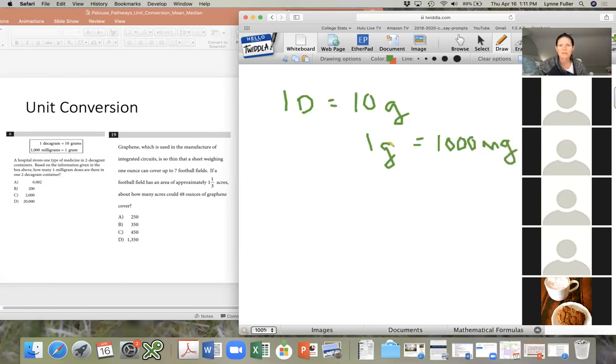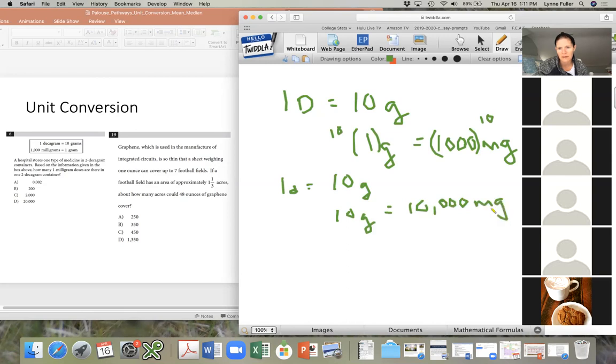And then what I would do is unit convert everything. So we have 10 grams is to 10 grams. So I'd multiply the second set by 10 for both terms. So then you'd have 1 decagram. I'm going to make it lowercase d so it doesn't look like 10, is to 10 grams. 10 grams is to